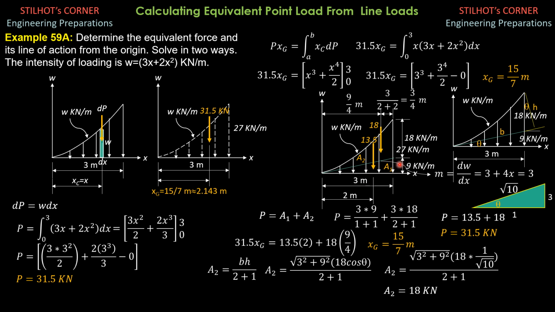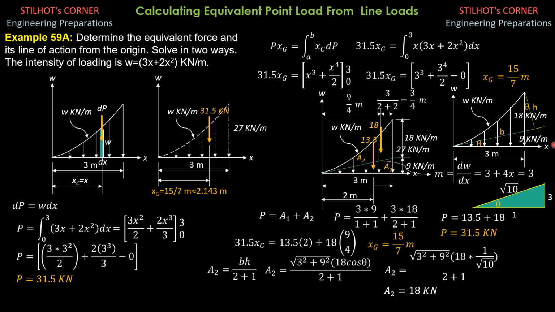Slope times this distance is this vertical distance here, in kilonewton per meter. So the remaining height here for this second degree curve is 18. 27 minus 9 is 18. So we have two areas, area of the triangle plus area of this second degree curve. So for the area of the second degree curve, we can now apply the formula base times height, product of perpendicular dimensions divided by n plus 1, as well as for the location of the centroid. So I'll do that here as an alternate solution.